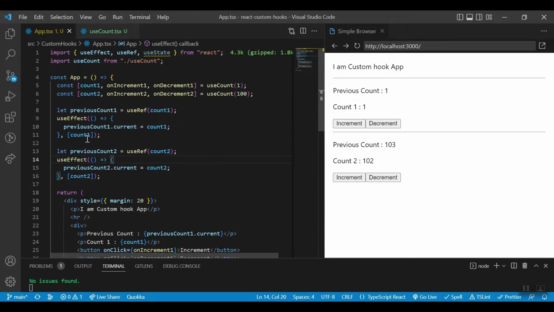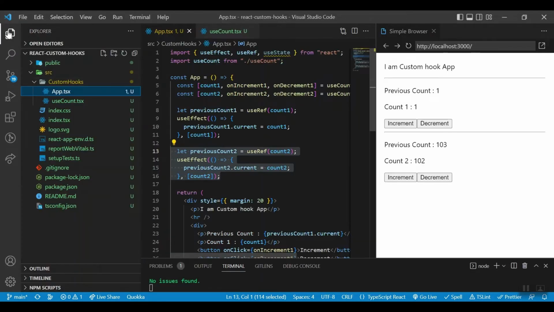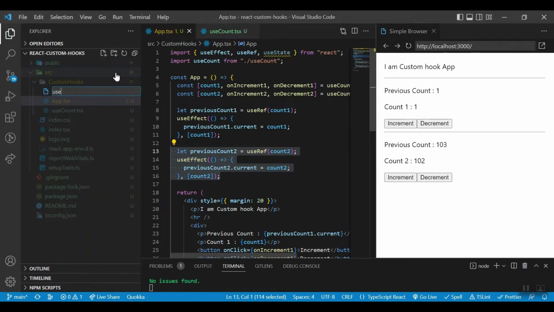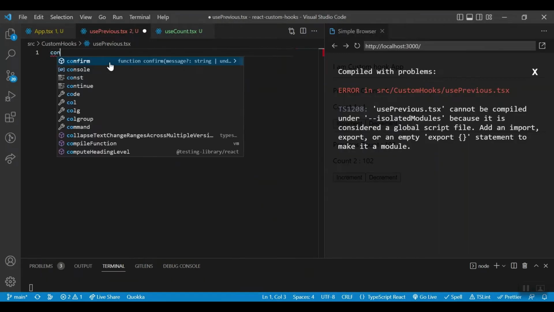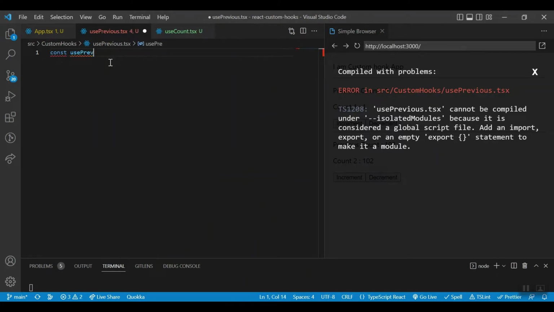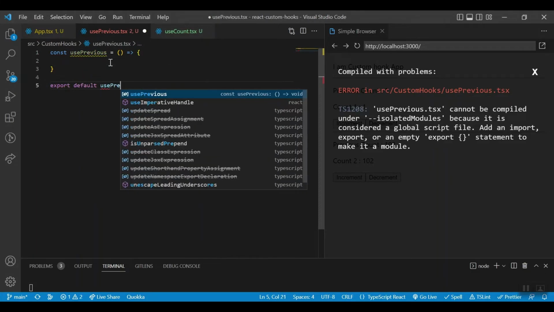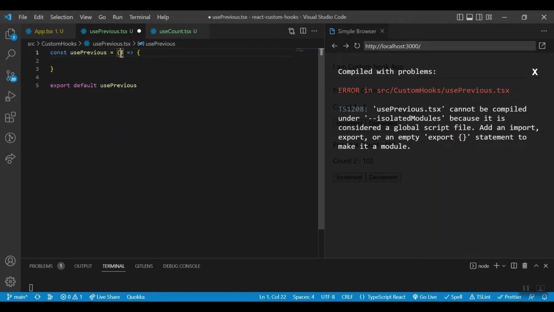But again here we are writing repeated code. Okay, how can we implement the usePrevious custom hook? So let's create usePrevious.tsx. Okay, I will create here usePrevious and export that, export default usePrevious. Okay, here we will need the initial value, that is a number, and I will return the